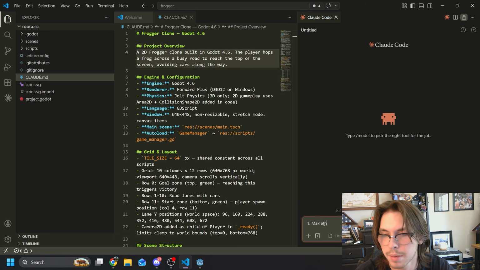So first one is gonna be a simple one, just to carry development forward. All the cars are looking kind of bland. I think we need some blue cars as well. I'm gonna try giving it 2 instructions at once and see how it handles it. 1, make some of the cars blue. 2,